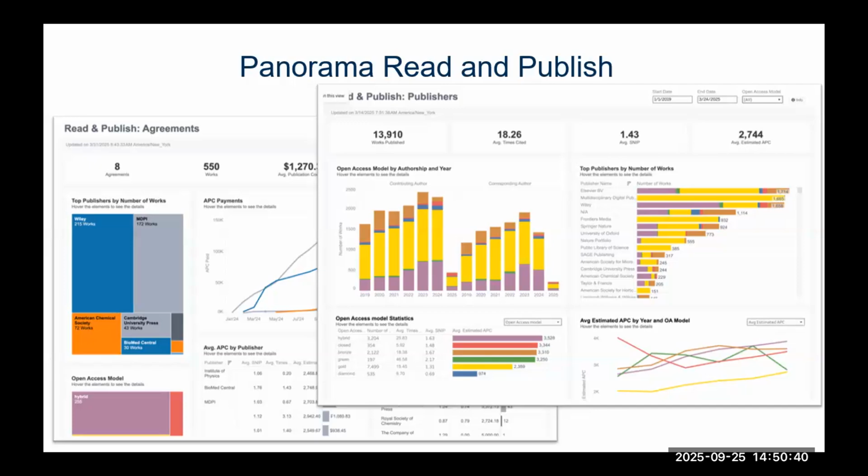So what we've done is we've done two dashboards here. We have the agreements dashboard, and that looks at your existing agreements and tracks how they're being utilized and how your APCs are being spent. And then also we have a publisher's dashboard.